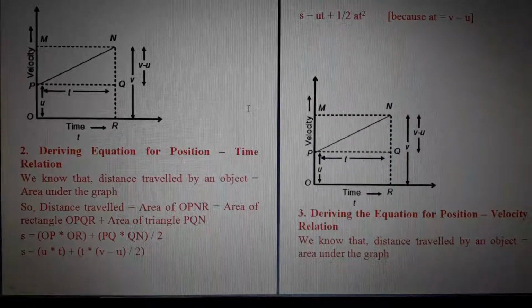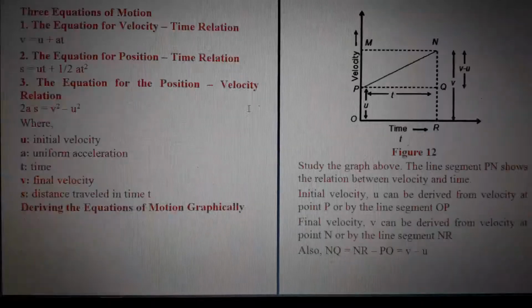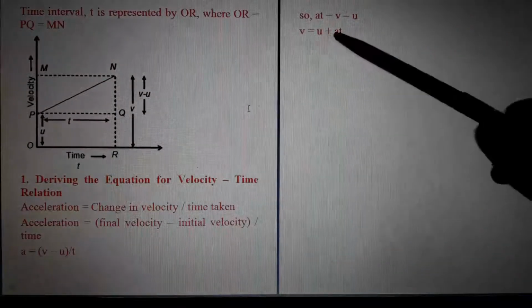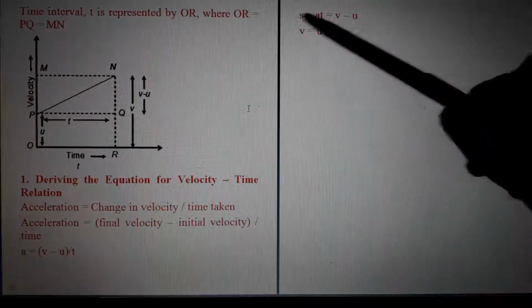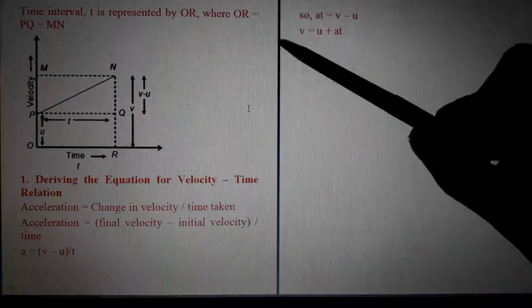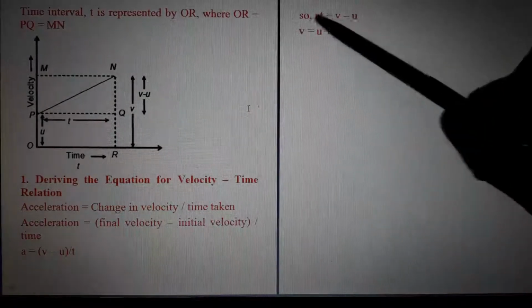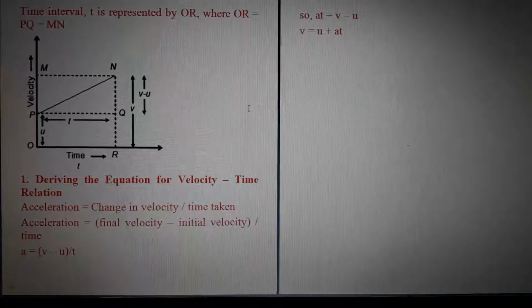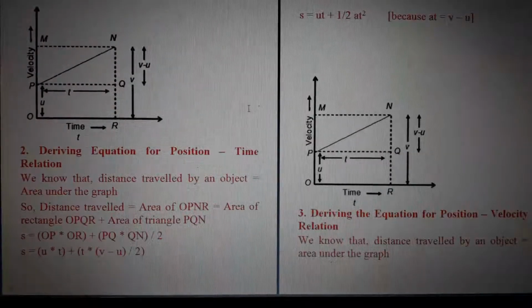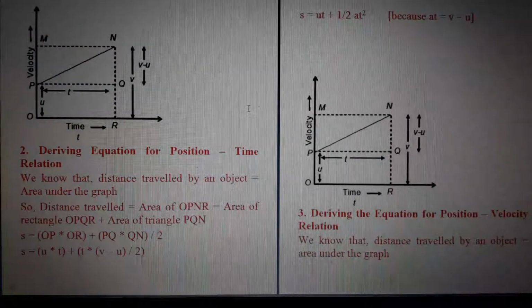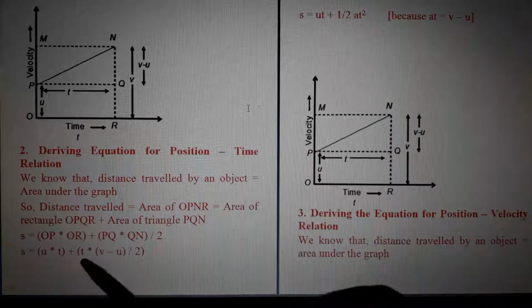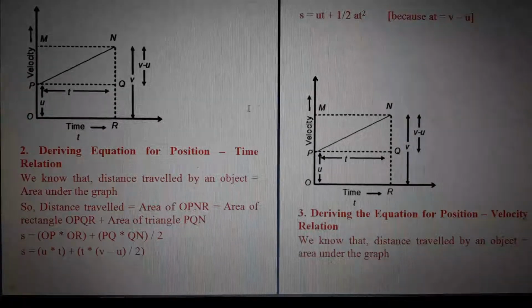But V minus U we already studied. See, come here, just see. V minus U is 80. From where will we get that? V is equal to U plus 80. Bring the V here, U here. What is it? V minus U is 80. We already have that equation here. Am I right? Just substitute it here. What will you get? UT plus T into 80 by 2, which is what? UT plus half 80 T square.